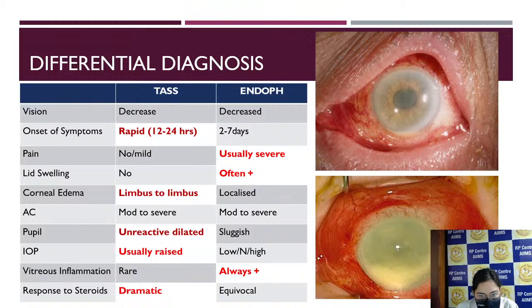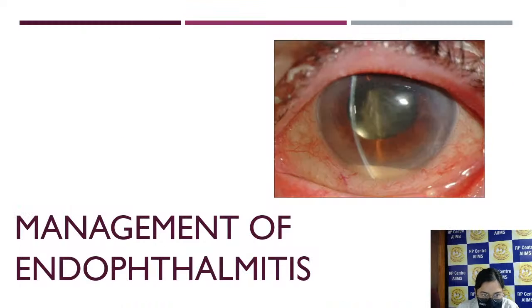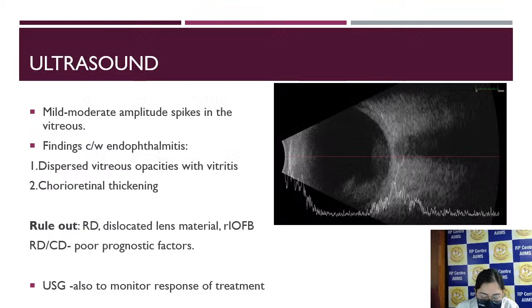Vitreous inflammation is always present in endophthalmitis, whereas it is absent in toxic anterior segment syndrome. And the treatment is also opposite. Here, steroids have a dramatic effect on TAS, whereas if only steroids are given in endophthalmitis, it will lead to deterioration. Now coming to management of endophthalmitis, investigation, starting with ultrasound, we can see a mild to moderate amplitude spike